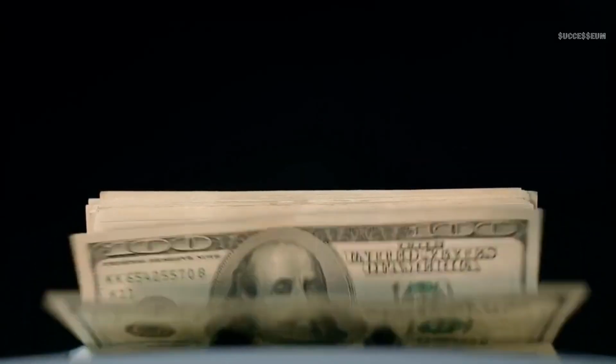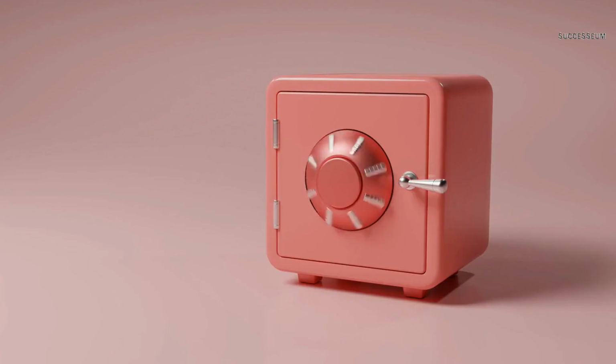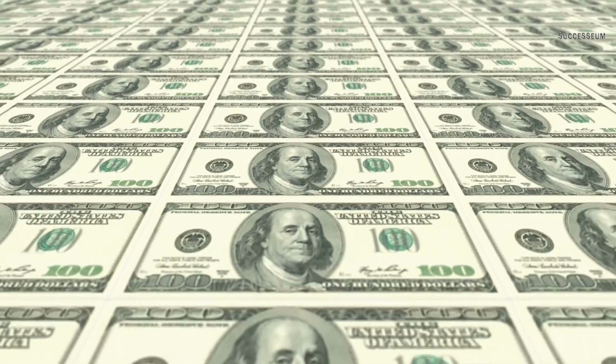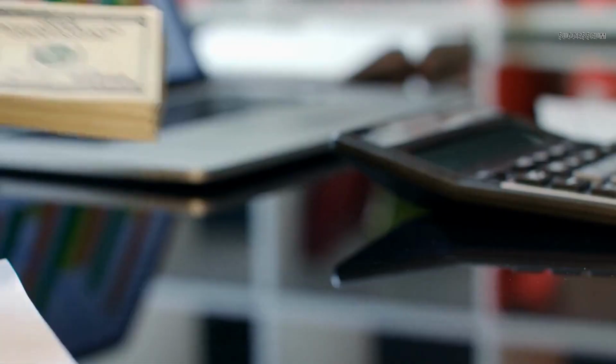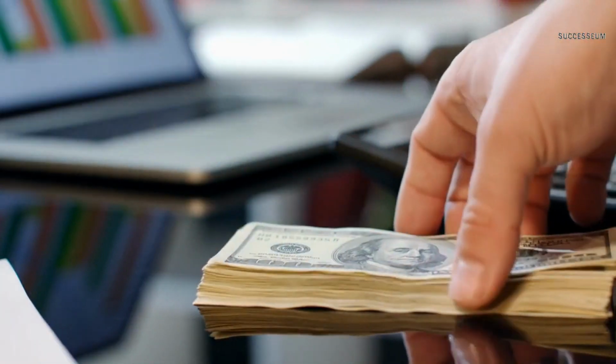to other customers. This process is known as fractional reserve banking, as banks only need to keep a fraction of their deposits on hand as reserves. Banks are required to maintain a certain level of reserves, known as the reserve requirement, which is set by the central bank. The reserve requirement ensures that banks have enough cash on hand to meet customer demands for withdrawals and